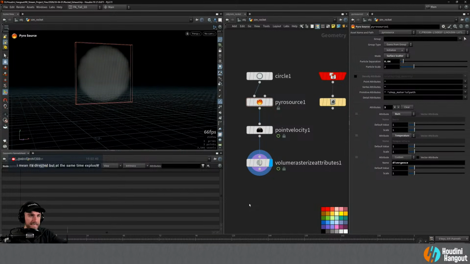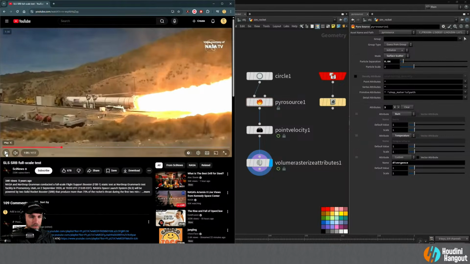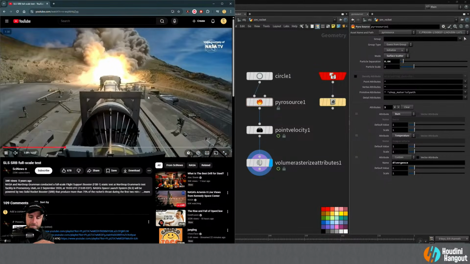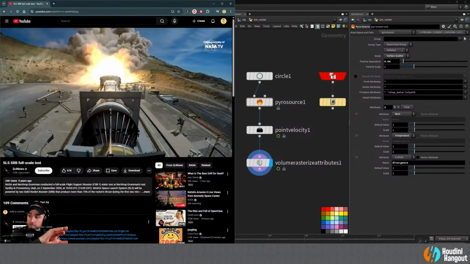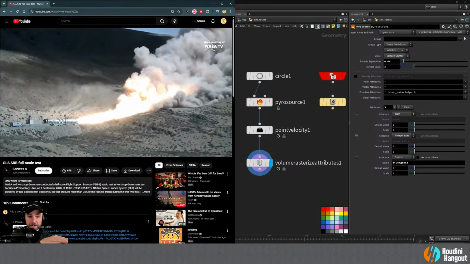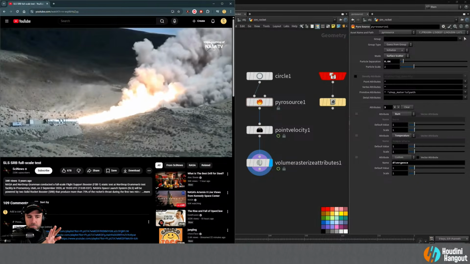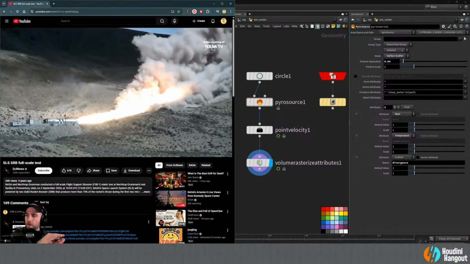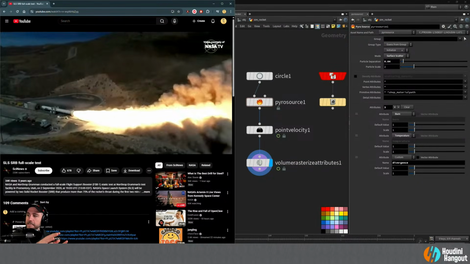Yeah, Ibo, you're right. It's a directed flow, but it is also diverging. So yes, for sure. You definitely want some divergence in there so you can get some of that billowing and things like that. It is hard because let me pull this back up again here. If you watch this kind of flow that's happening here, it is very much like a tight nozzle really pushing it in this kind of tight area. And it doesn't start really pushing out until later, but I do think you want that divergence in there so that we can really see that,